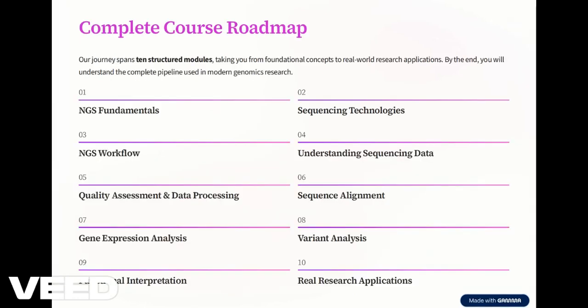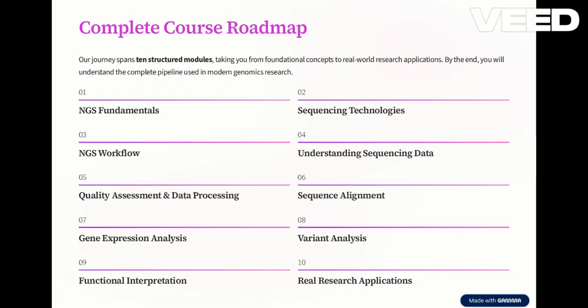These slides show the roadmap of the entire course. We will begin with NGS fundamentals, where we will build a strong foundation. Then we will learn different sequencing technologies and understand how sequencing works. And after that, we will study the complete NGS workflow and learn how sequencing data are generated.